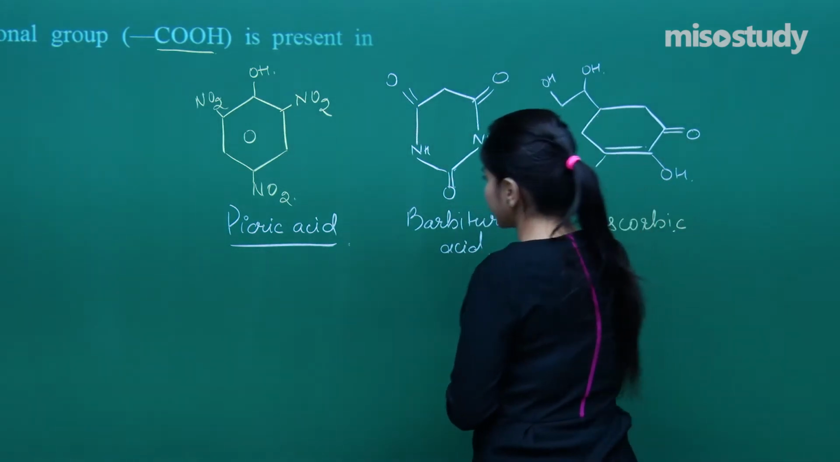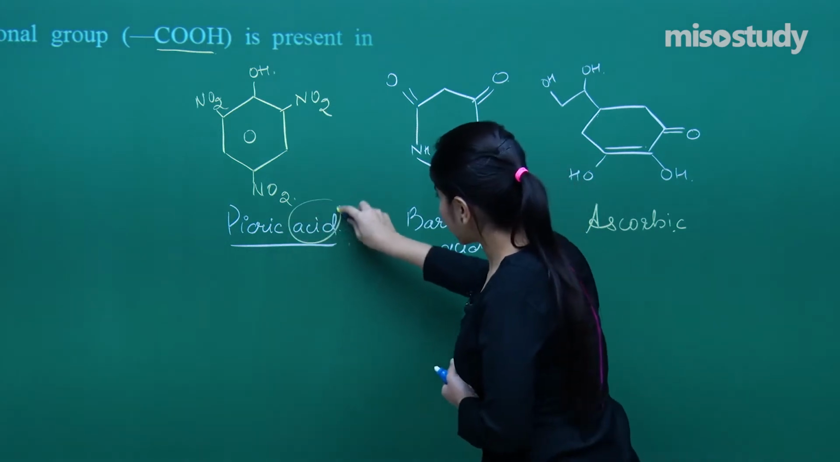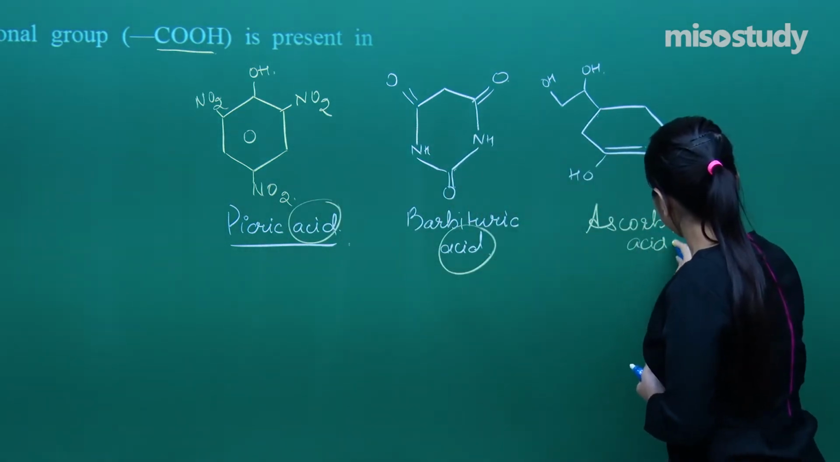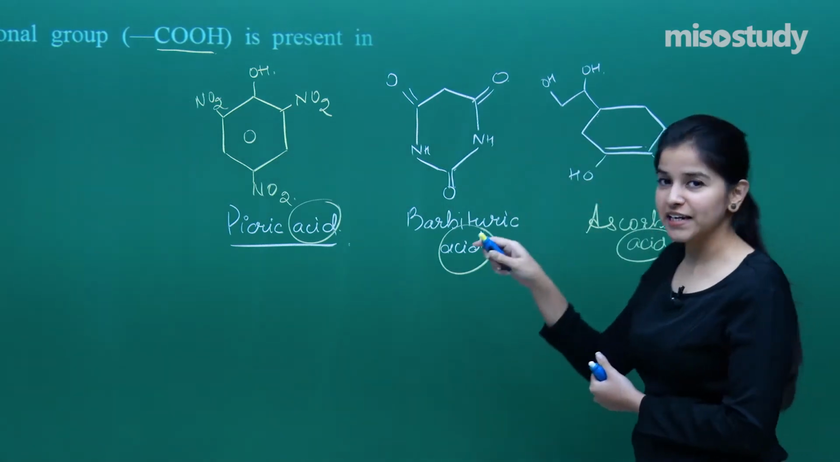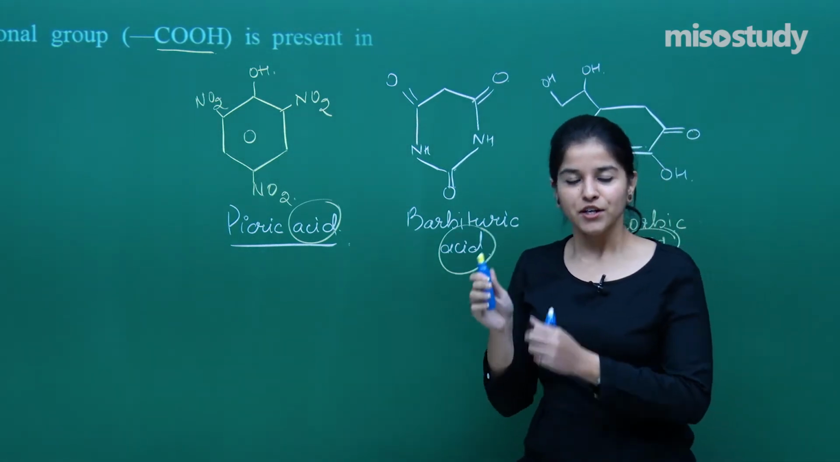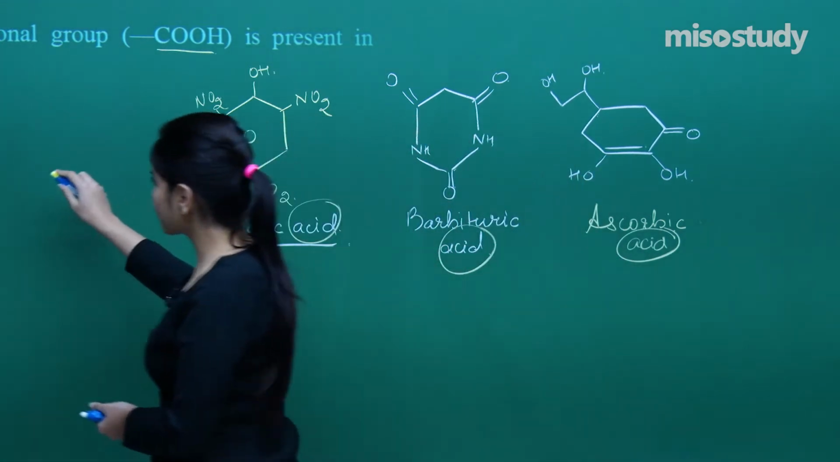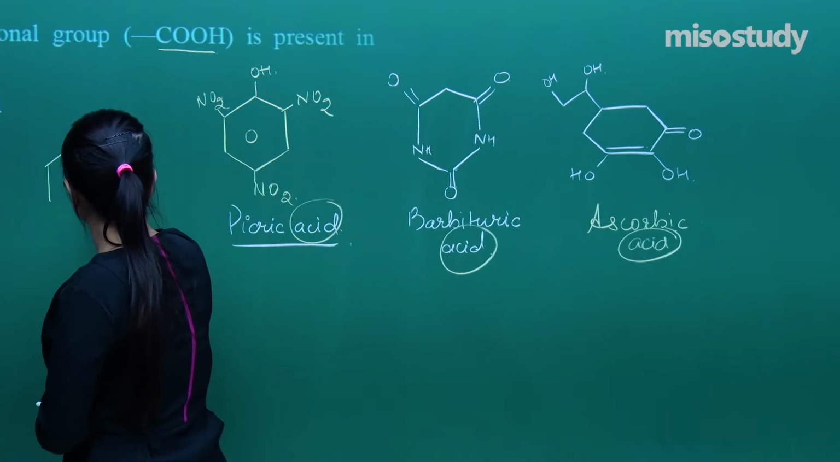So if you observe picric acid, again acidic term, again acidic term and again acidic term. But still we haven't got any kind of carboxylic group here. So what is the remaining option? It's aspirin. So let us just find out the structure for aspirin. It is,